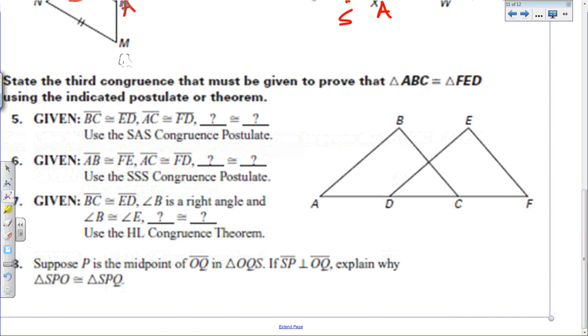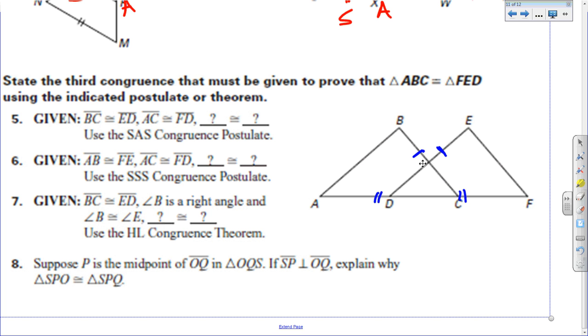Number 5. Given BC is congruent to ED, this is congruent to this. AC is congruent to FD. This thing is congruent to this thing. Make side angle side work. Just look at your triangles. I got a side. I got another side. I need the angle in between. So I need angle C congruent to